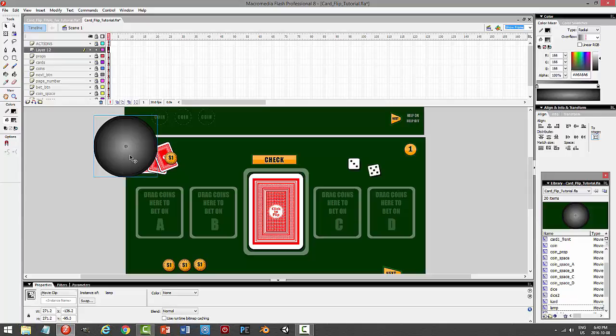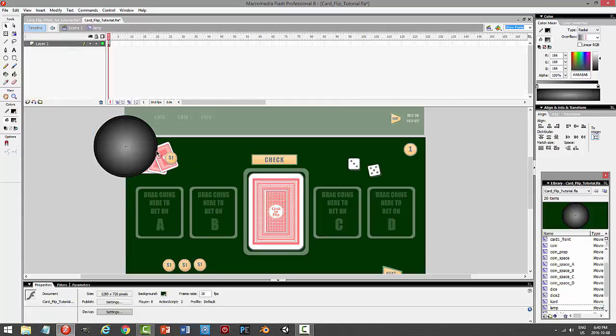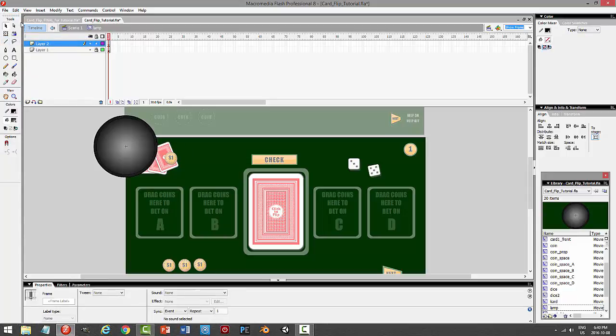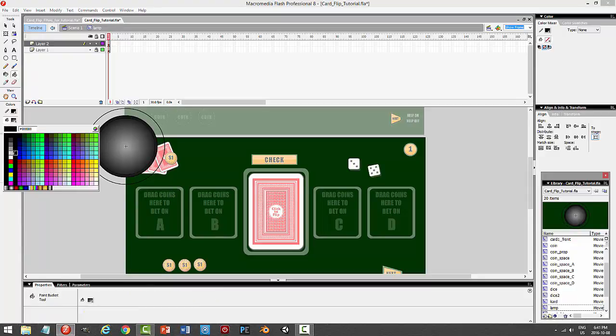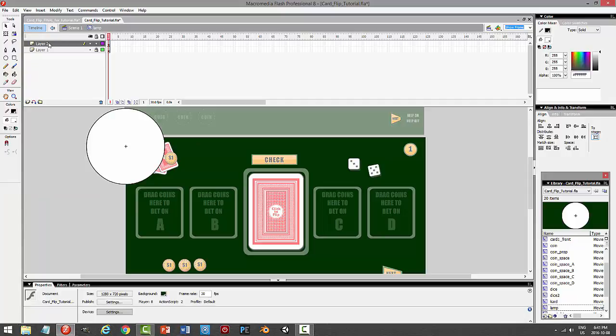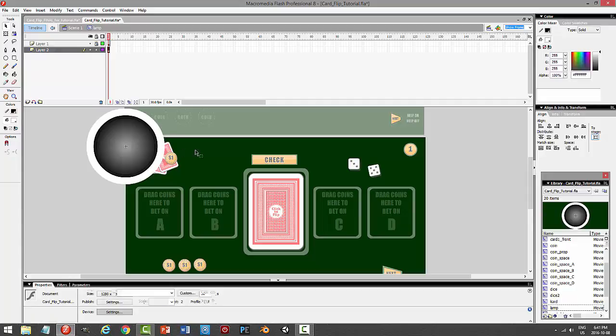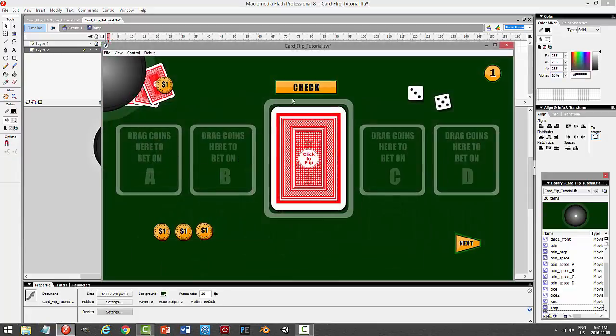And then I'm going to come into that lamp and I'll choose this outer stroke. All right, and I'm going to expand this. And this is going to be where the light is. So I'm going to choose white, fill that in, pull it underneath. I'll get rid of the stroke. And I'm going to make this something like, let me try 10% and just see if that looks like a little bit of a glow coming down